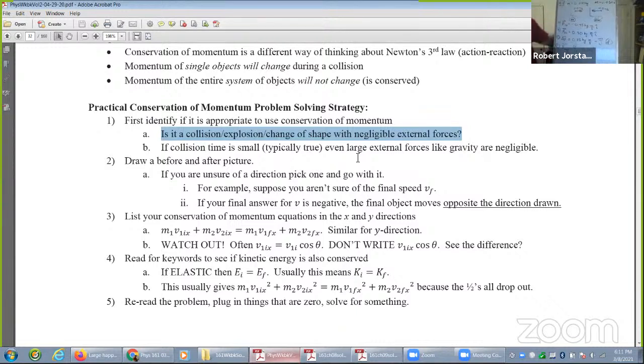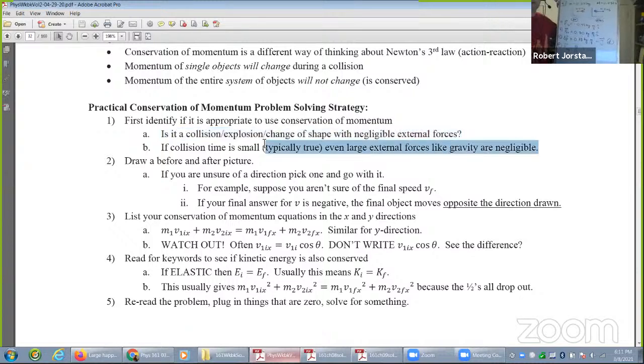If you have external forces, they are going to do work, and that's going to be complicated, and that will change the momentum. So we don't want to have external forces. Now, it turns out in most collisions, the collision time is usually very small. And if it's very small, sometimes even large external forces like gravity are negligible. Or you could do this on a table, and the table can provide an upwards normal force, so there's no net external force. So there's all kinds of ways we could do this, but even for a ball,